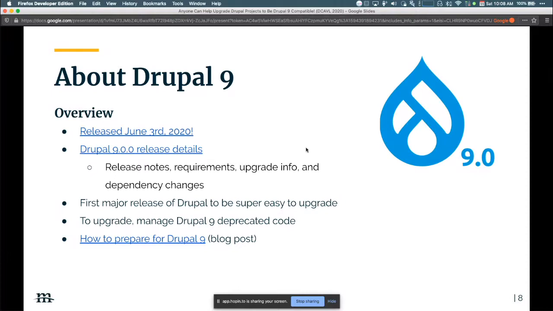And I put super easy. I mean, your mileage will always vary on these things, but if you keep up along the way with your upgrades of Drupal core and all your modules, it's much easier and it's manageable now because you can actually work on your upgrades along the way for even your contrib modules and custom code to make that possible.